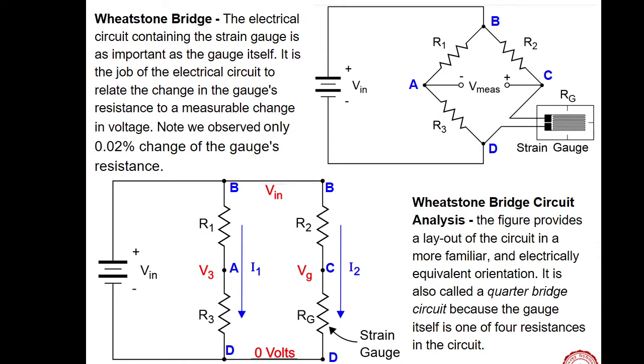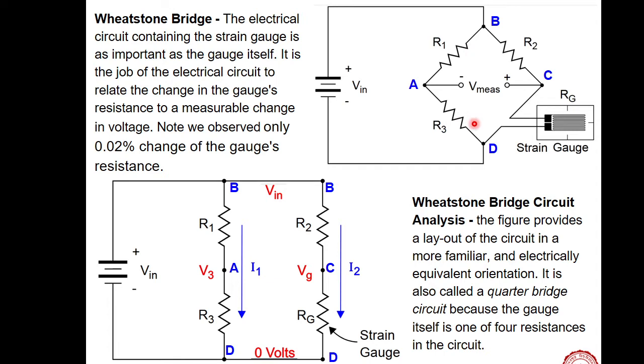So, what we are going to measure is the change in the resistance of the strain gauge. The quantity we are going to measure is this change in strain gauge resistance, for which we use this sort of Wheatstone bridge circuit. Okay. So, you know what a Wheatstone bridge circuit is, right?